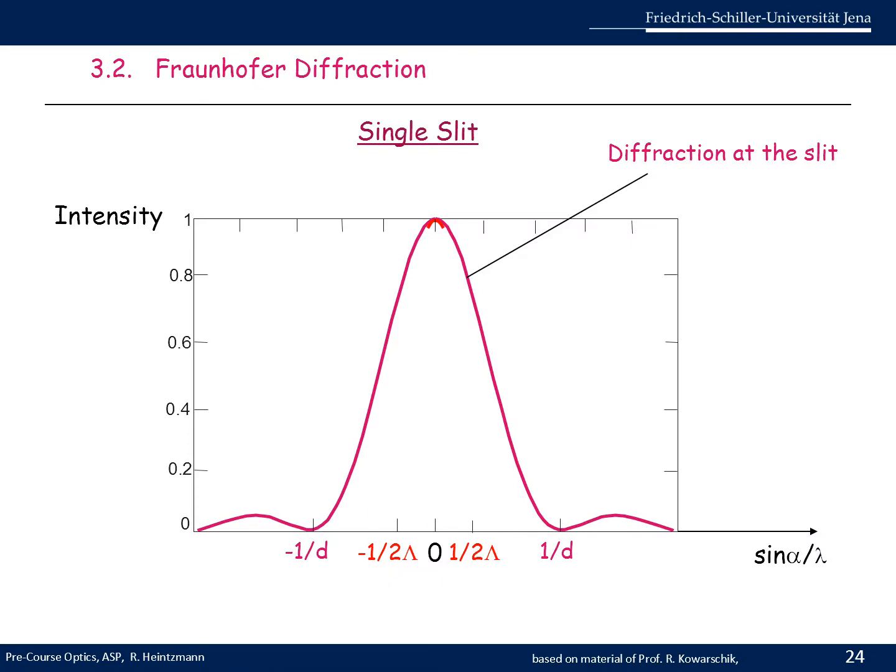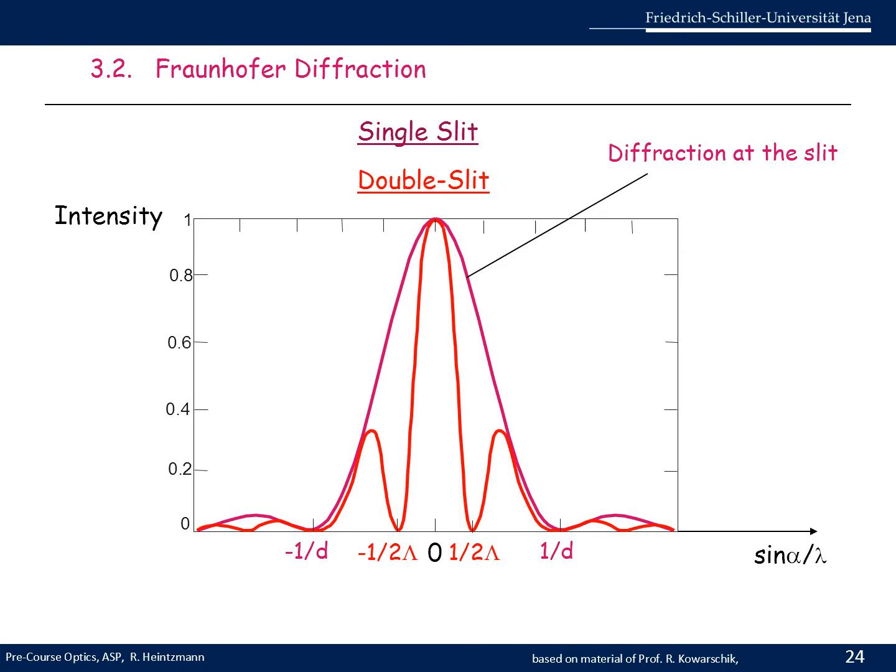Let's compare what happens when we move from the diffraction pattern of a single slit to the diffraction at a double slit. So you will observe that this curve goes into the red curve now. Interestingly, you can actually write this as the product of 2 different functions, because to go from the single slit to a double slit, you need to convolve it with 2 delta peaks. It means that due to the convolution theorem